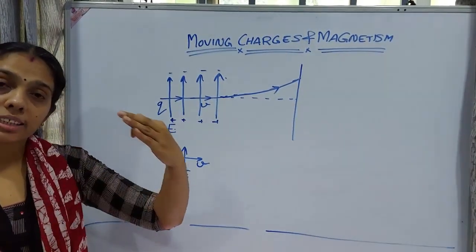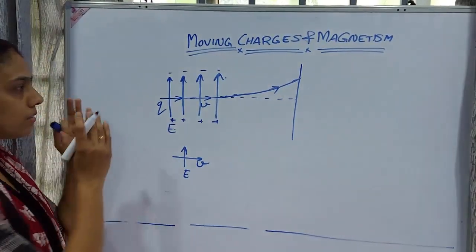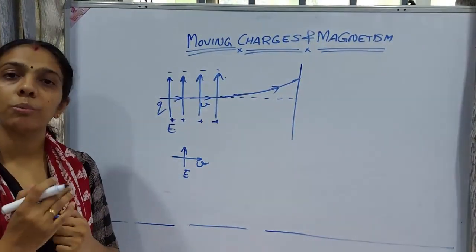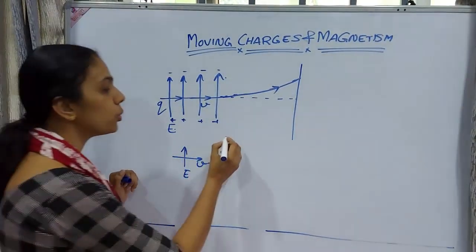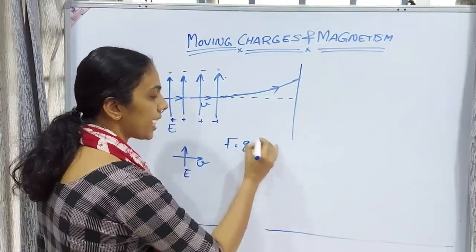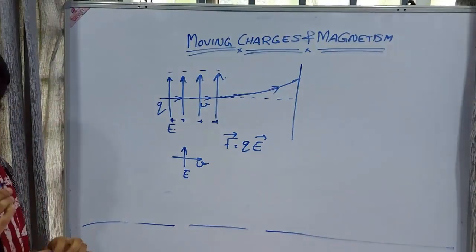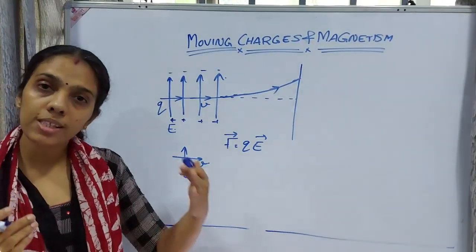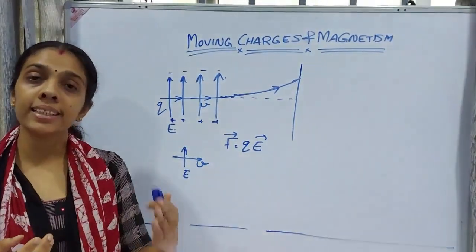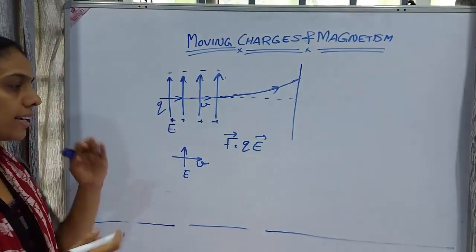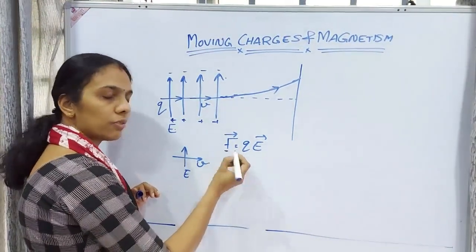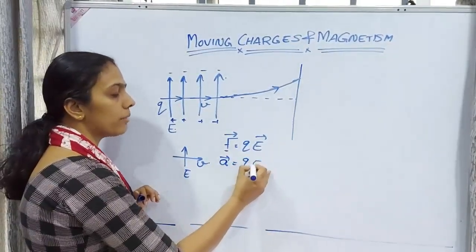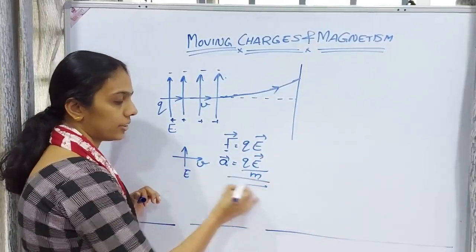A force will be acting on the particle if the charged particle is moving in the electric field. So a force is experienced on it. What will be the force experienced? F is equal to Q into E. This is the force experienced on this charged particle. Because of that force, it will follow a parabolic path. And if a force is present, what is the meaning of that? It is getting accelerated. Because of acceleration only the force is present, right? So acceleration is present, a will be equal to QE divided by m.